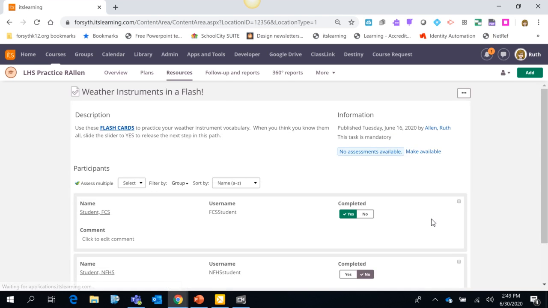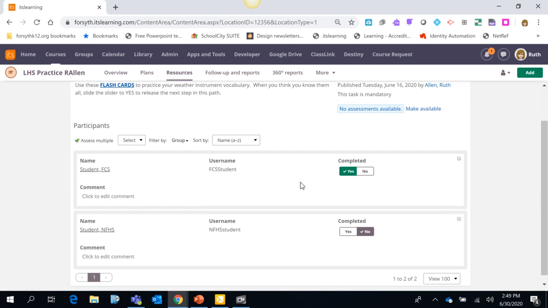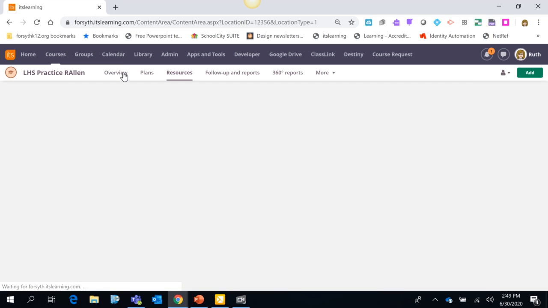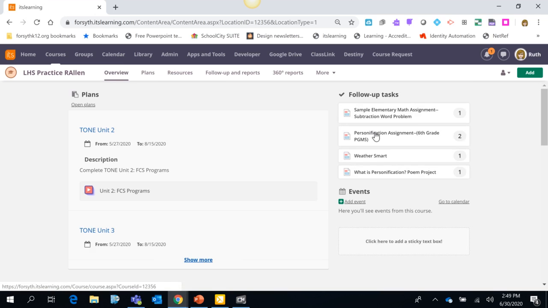With a task, same thing. I go there, I can see this student has completed it, he said yes, and now when I go back to the overview page, that task is now gone from the list as well. So this is a great way for you to know who has done work and who needs to continue to do work. It's Learning will be doing an update on this, hopefully right before school starts,